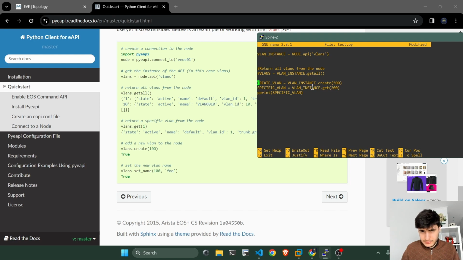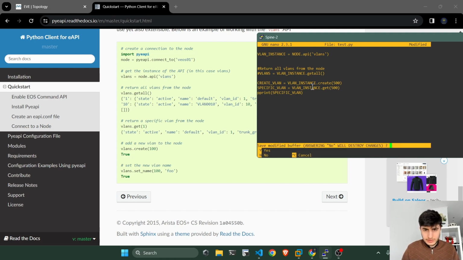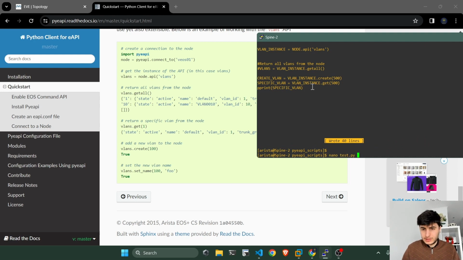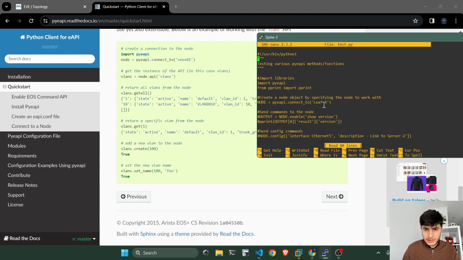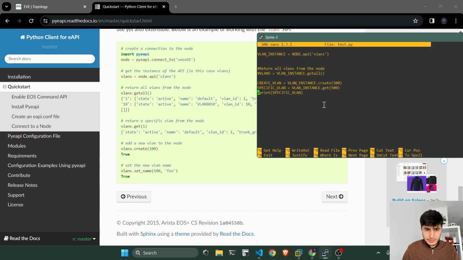So first we'll create a VLAN, and then we will try to fetch data about this VLAN, just to check if we actually didn't fail. Yes, it is created. So it works perfectly good. What else we can do here? We can set the name for our VLAN. So first we create, then let's say set VLAN name,